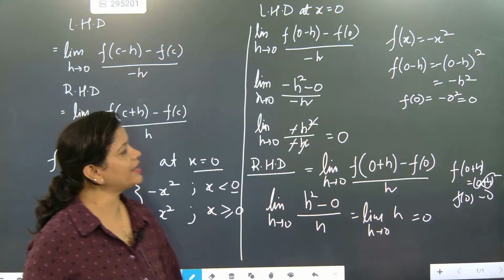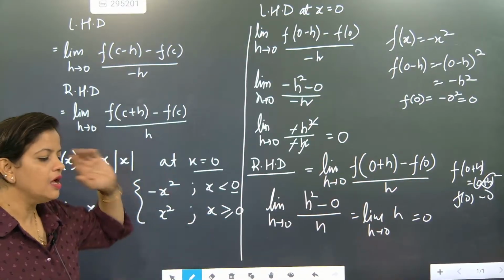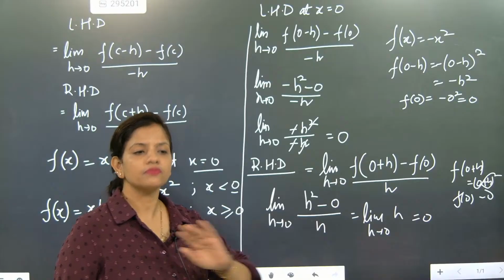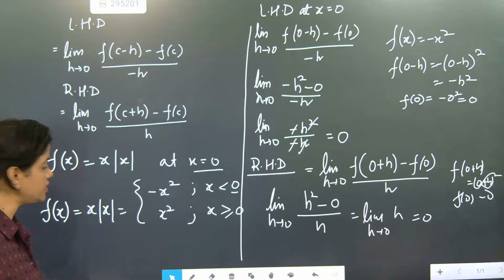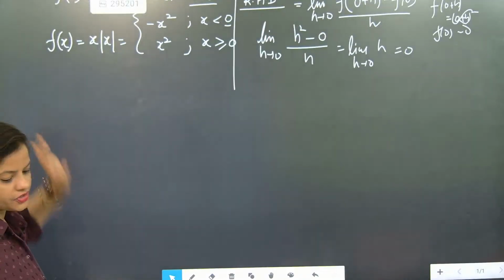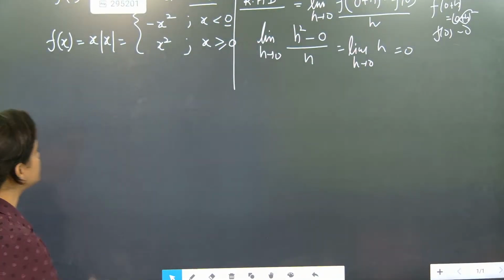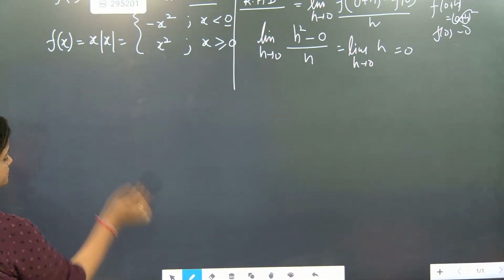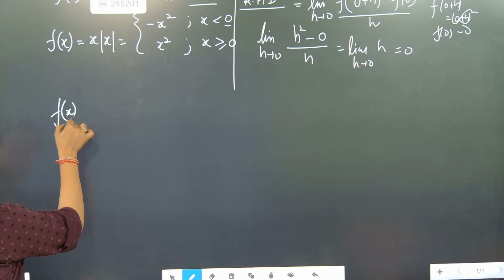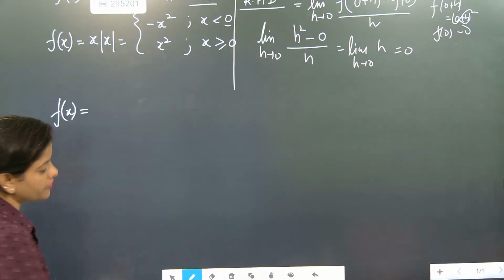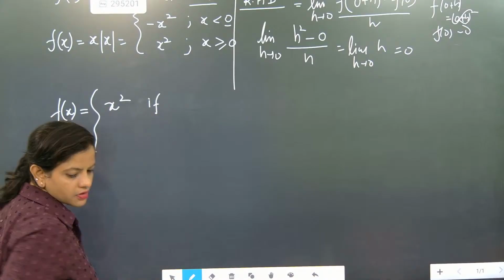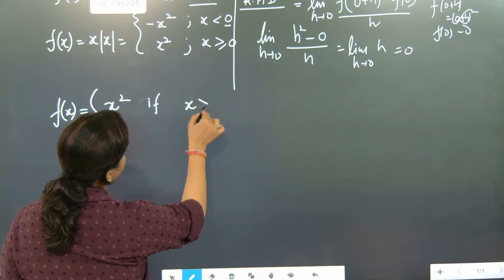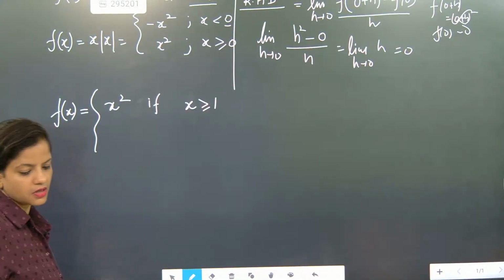Now another question is there. We are going to do that question. Differentiability will be finished, and they will be asking the same concept. That part we are going to do. Okay. So now next question is, get ready for the next question. After the direct differentiation we will start. F of x is equal to, write down. F of x is equal to x square if x is greater than or equal to 1 and x,